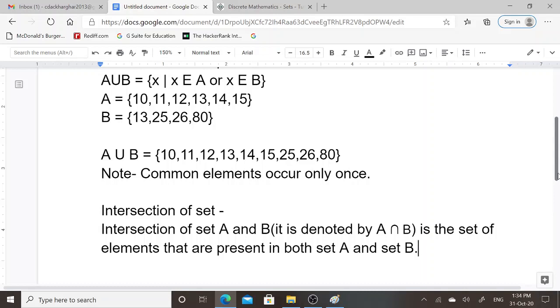Intersection operation of set will include only those elements that are present in both set A and set B. It means common elements we have to consider from both sets.